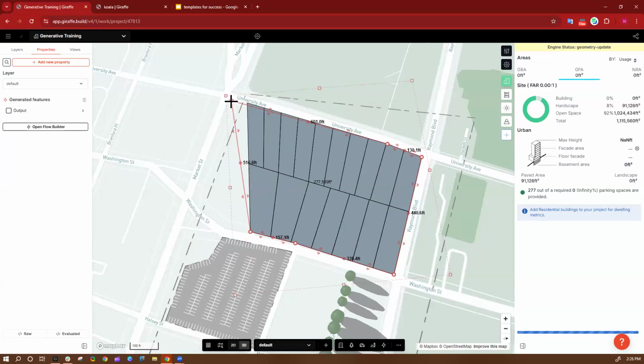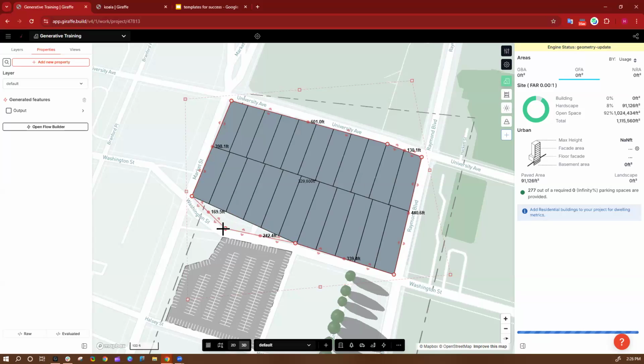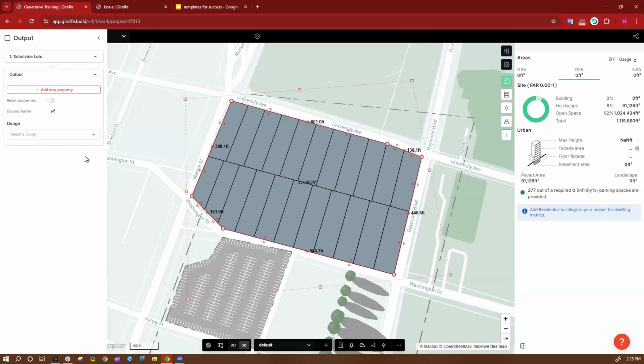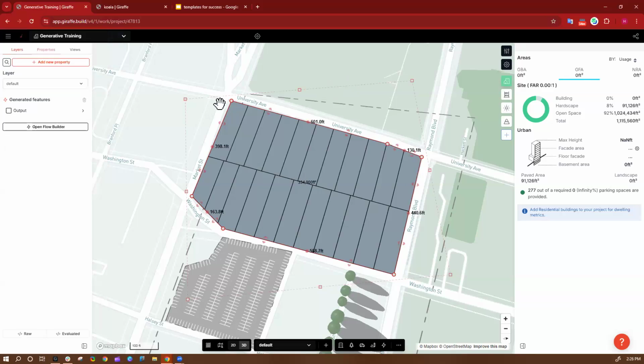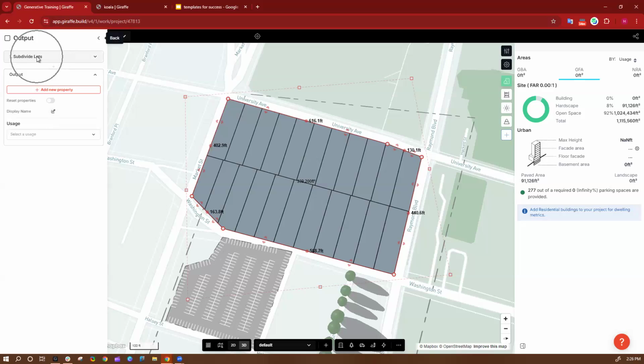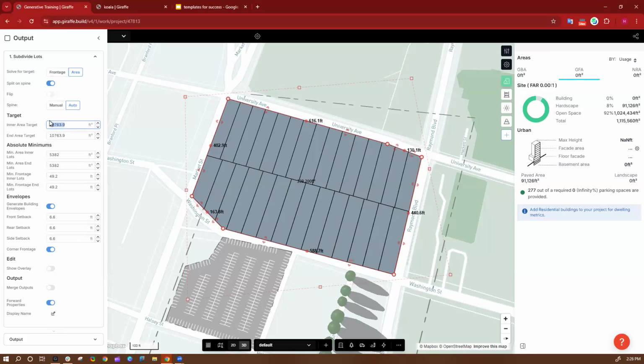Something I'm noticing is these parcels, because of the shape of this area, are really, really long. And that might not be ideal for what I'm trying to do. So what I could do is actually subdivide this twice. Stick with me, it's going to be kind of crazy. The first thing we're going to do is change this initial subdivision to solve for much larger areas. So I'm going to set this to be like,